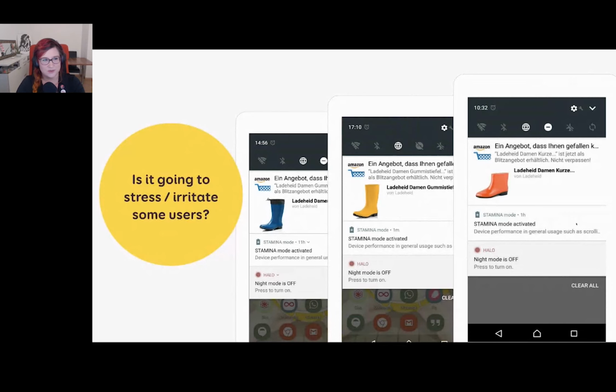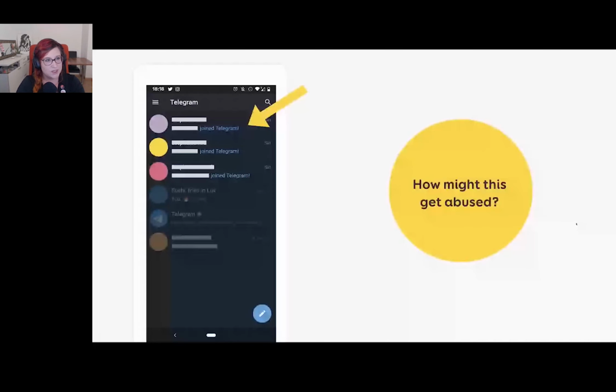And then, how might this get used is another question you might want to ask. At the moment, everyone is switching from WhatsApp to Telegram or Signal. When I installed the app, I started getting this "join Telegram" message, and it created a new empty conversation, which is kind of the saddest thing ever. I feel like now I have to talk to those people. But my problem is the question behind this: did they also notify everyone that has my phone number that I am using Telegram? And when I shared that on social media, a lot of people raised concern.